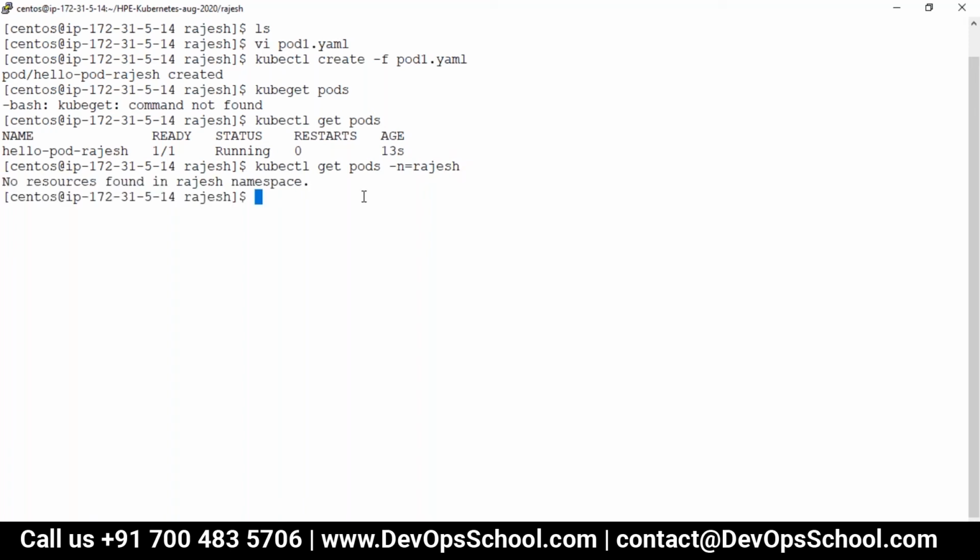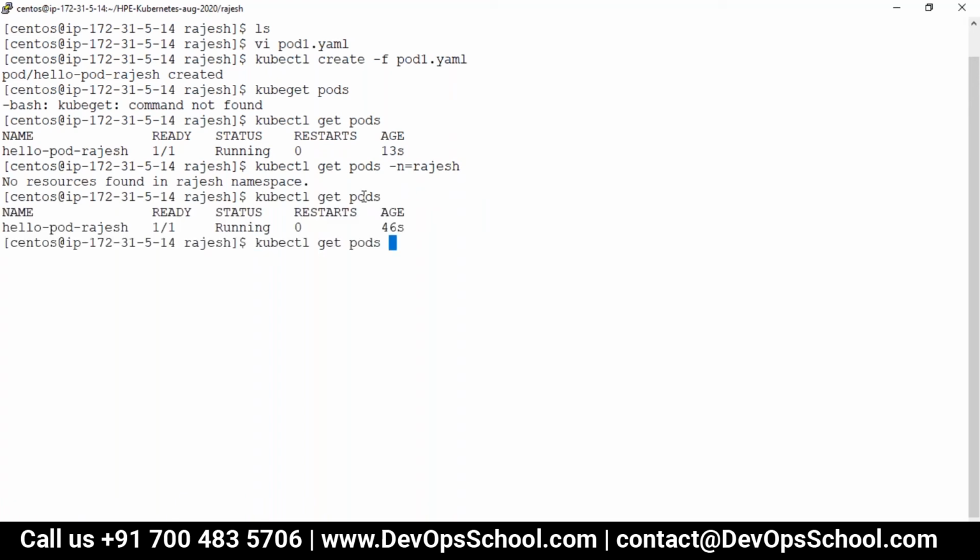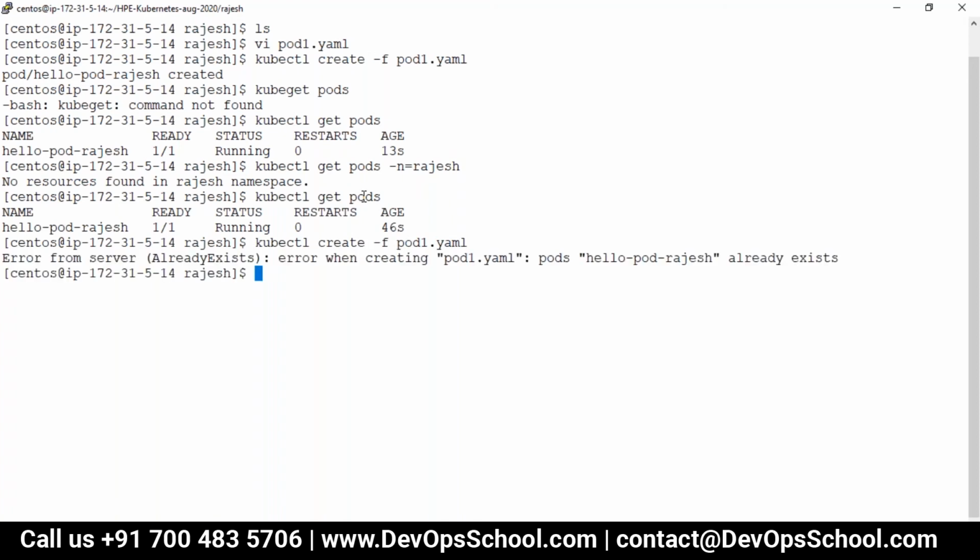Do you have any pods in Rajesh? No. Any pods in default? Yes. Can I create this one more time? What is this? Can you see that here, guys? What is the error? Already exists. What already exists? So guys, understand this: the resources and their names must be unique in the namespace.